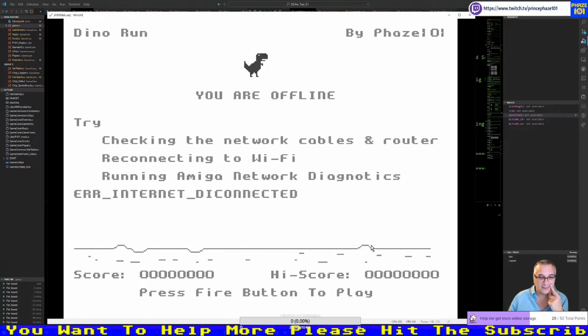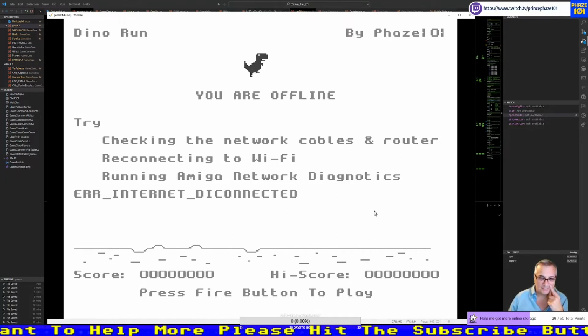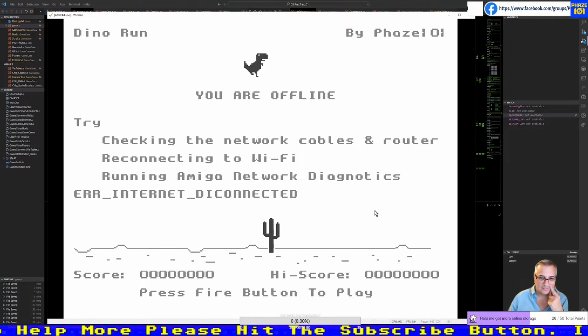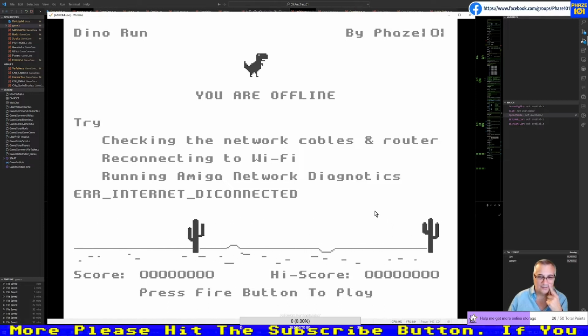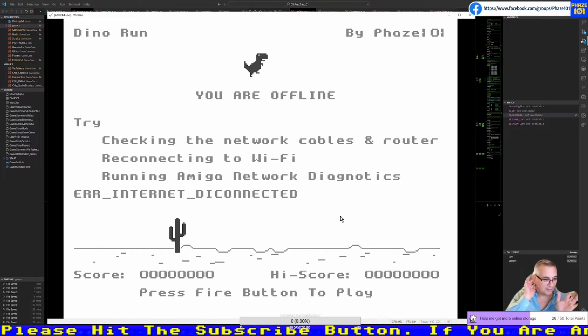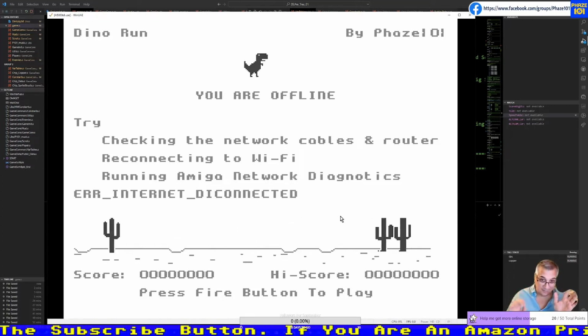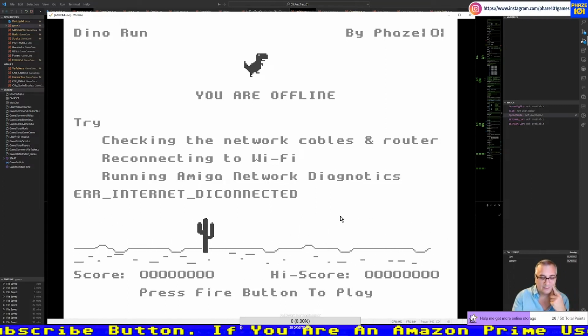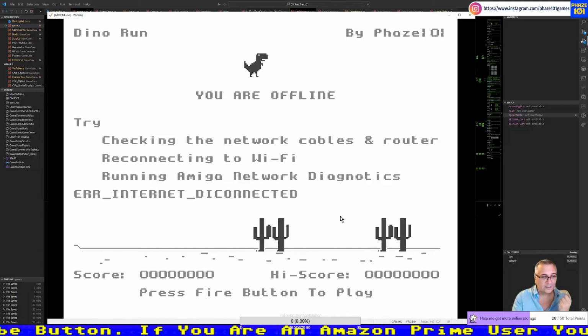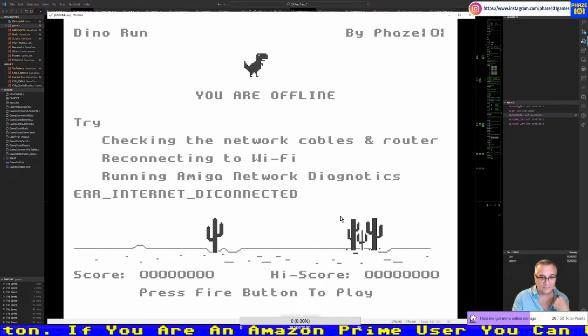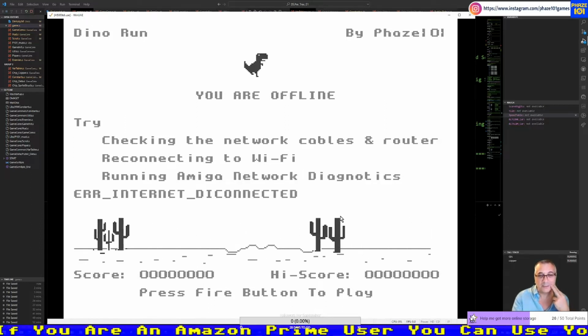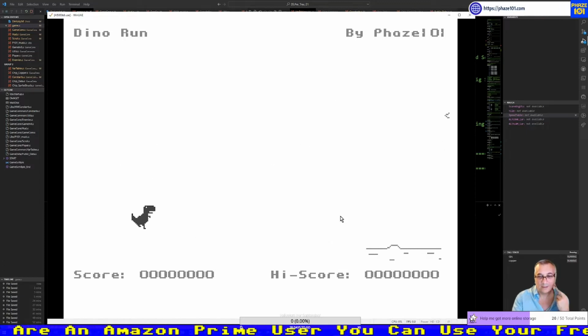Impossible to play it in this mode. So, maximum speed. And it is working. So let's see if it resets to puppy speed. Yeah, it did.